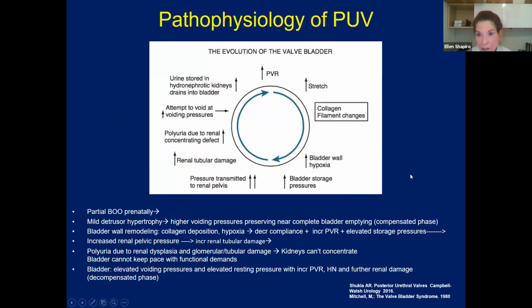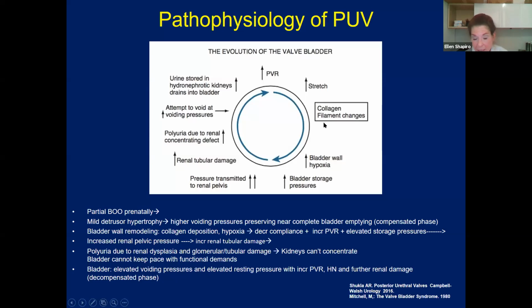So what about the pathophysiology of valves? This schematic shows the vicious cycle involved in the development of the valve bladder. That's a term coined by Mike Mitchell many, many years ago. You start out with partial bladder outlet obstruction prenatally. You develop some mild detrusor hypertrophy and high voiding pressures, preserving near complete bladder emptying early on, and that's the compensated phase. Then the bladder wall undergoes remodeling with collagen deposition and hypoxic changes from stretch, and this then leads